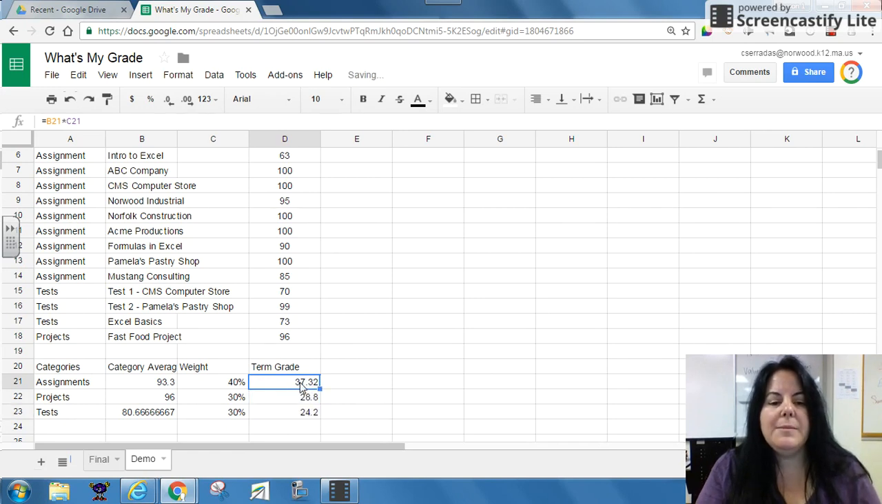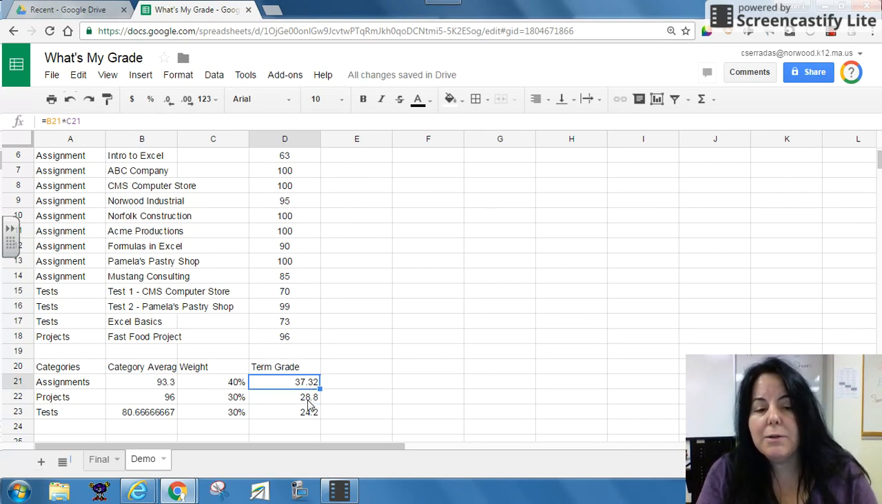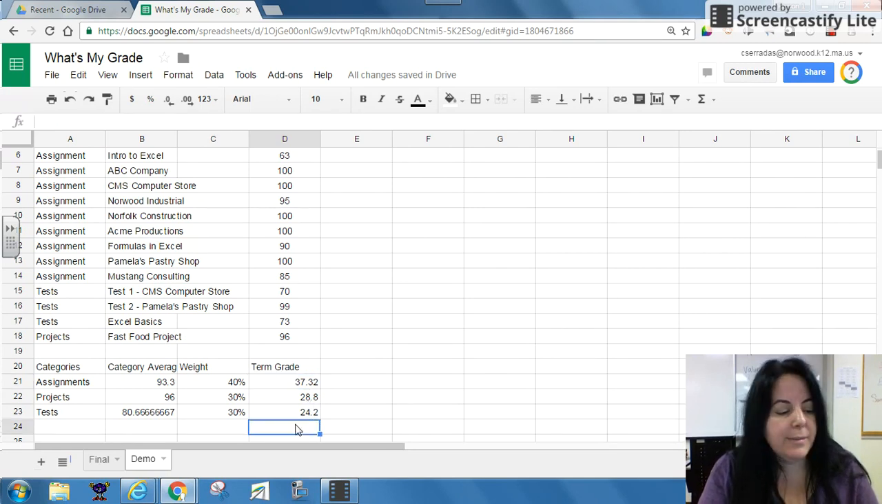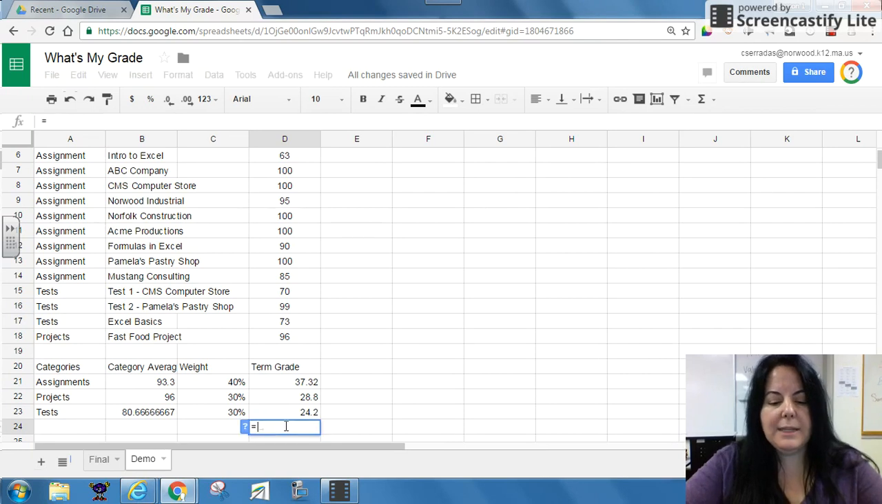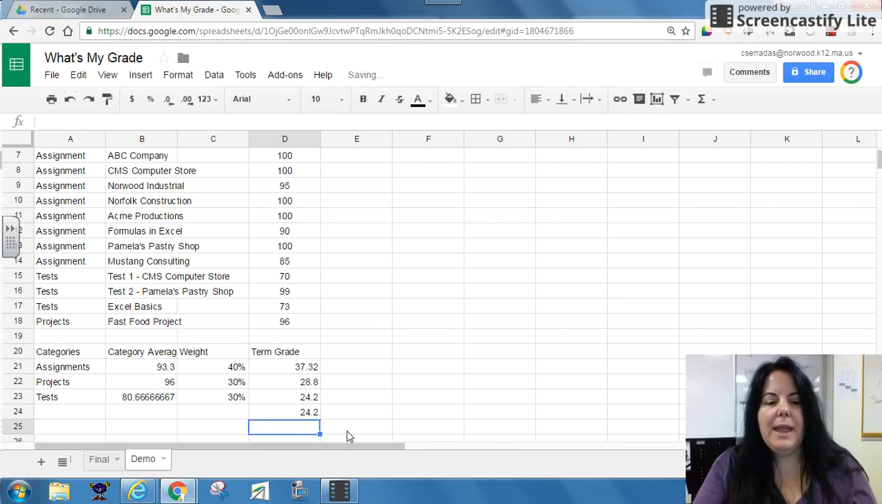So this is telling me that of my total grade, 37 points come from assignments, 28 or 29 points are coming from projects, and 24 points are coming from tests. And direction number 7 wants me to auto sum this. So you can either use the auto sum function or actually type it in. So I like to type it in. Equal sum, open parenthesis. I'm going to just go ahead and select these 3 numbers, close parenthesis,